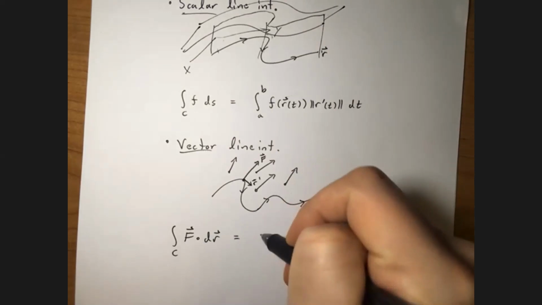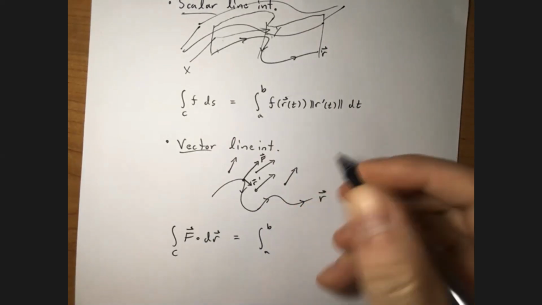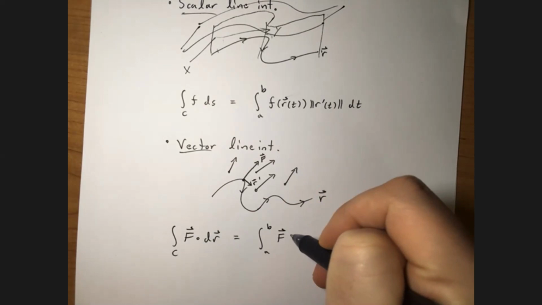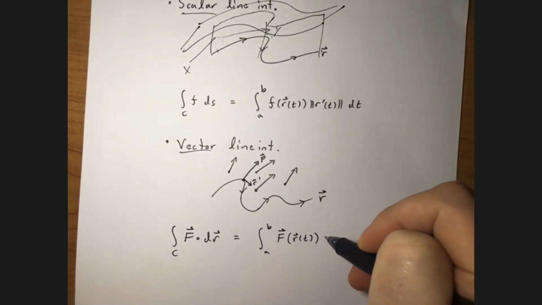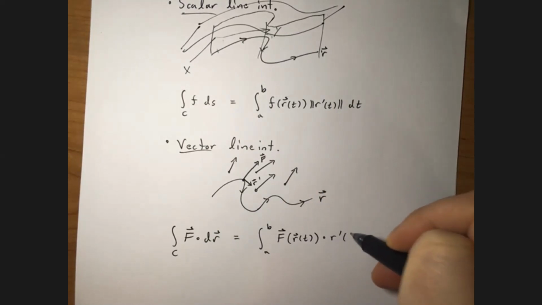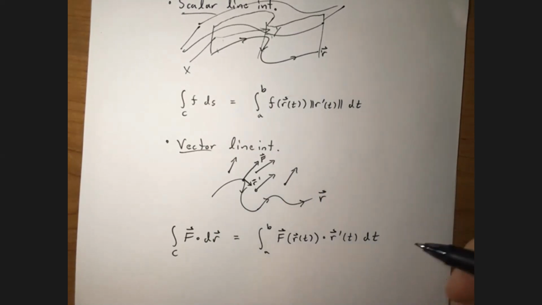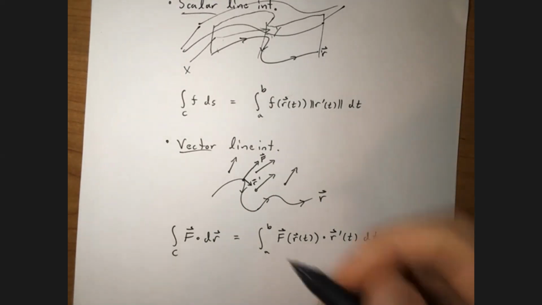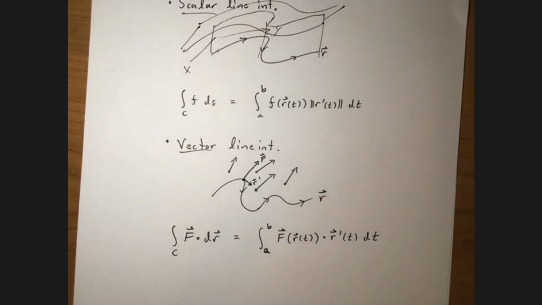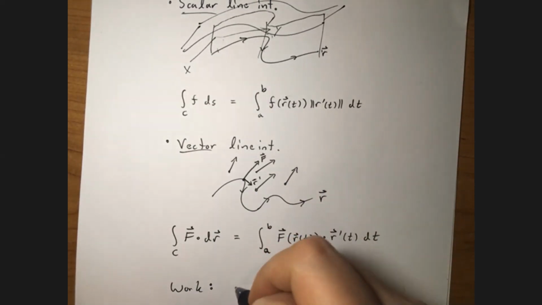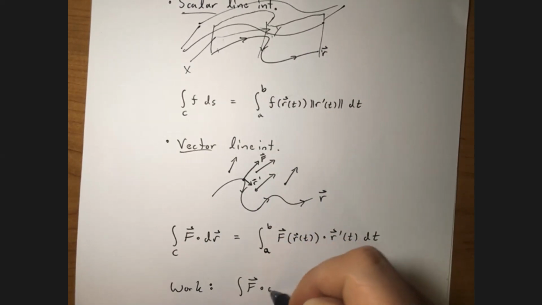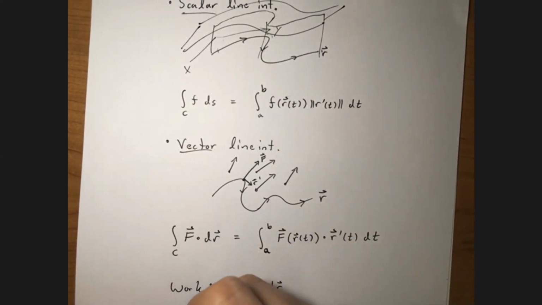And when you write this out, it looks like this. So that's the vector line integral. And we use the vector line integral to compute work, which was given by just f dot dr. And we also talked about flux,